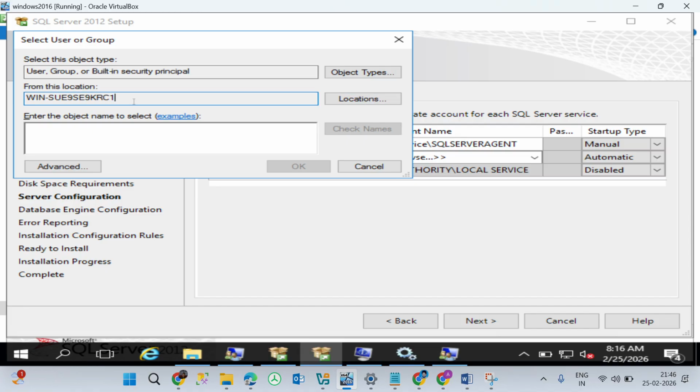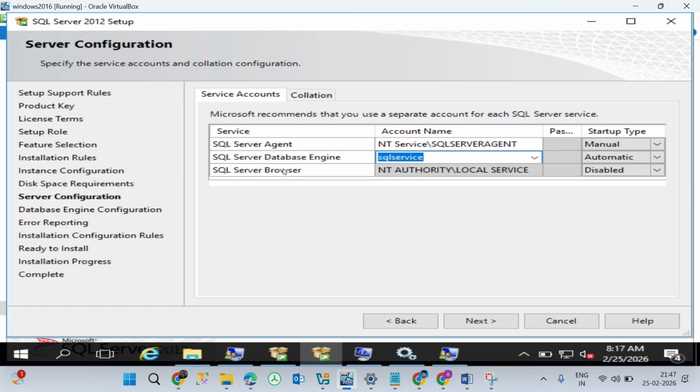Okay, SQL, what we have given, SQL service. If we check names, yeah, here like this we can add our own domain service accounts. For now we'll be using only NT service accounts. Okay, this is dedicated for only SQL service. These are the service accounts which are dedicated to only SQL service account, and this has been added in